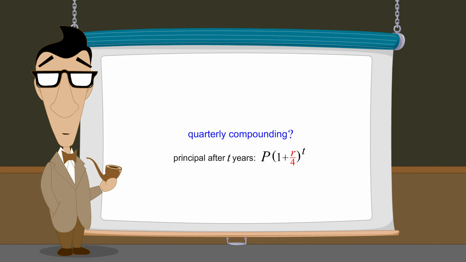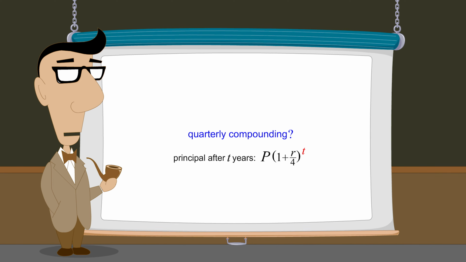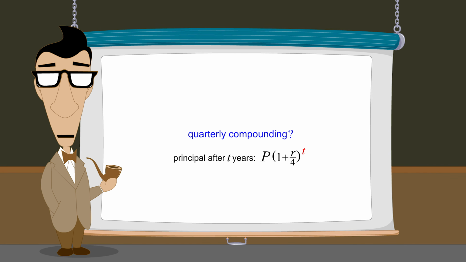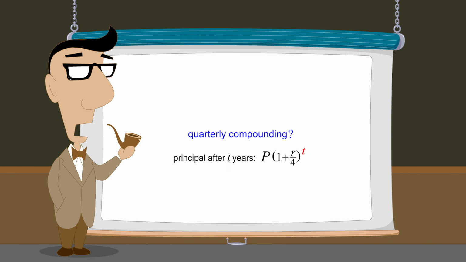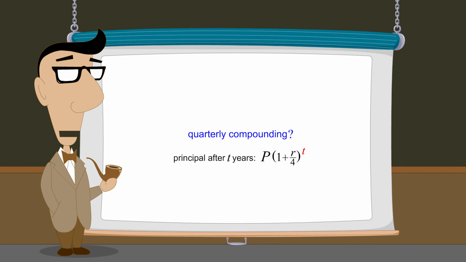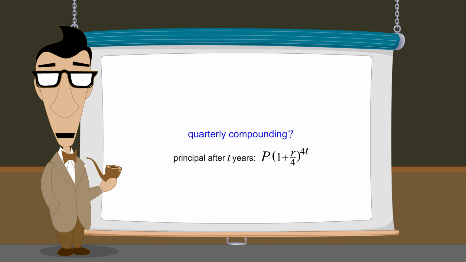Additionally, we must modify the exponent of the expression in parentheses. The value of this exponent must be the total number of compounding periods. Since with quarterly compounding there are 4 compounding periods per year, the exponent must be 4 times the number of years t. With these modifications, we now have a formula that tells us the amount of principal after t years of quarterly